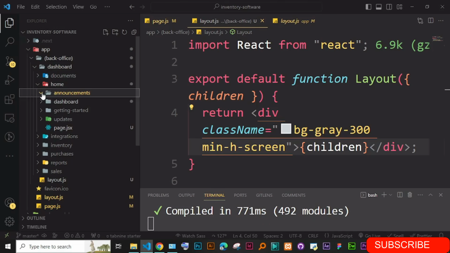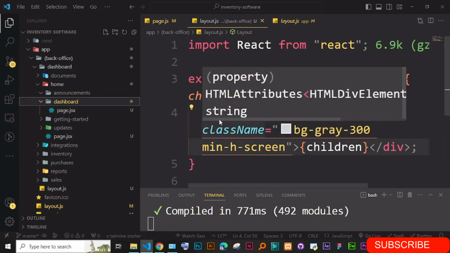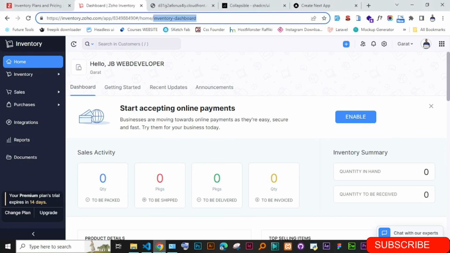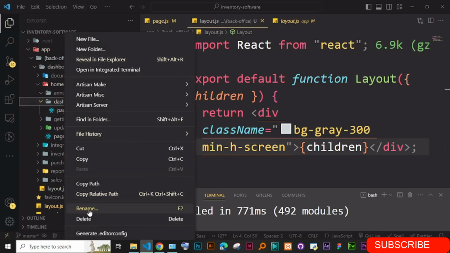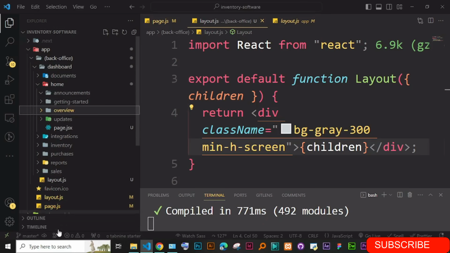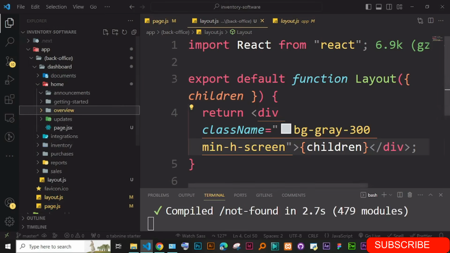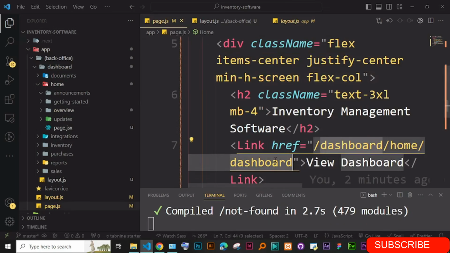Okay, and instead of dashboard, we can just call this one stats. So I'm just going to first of all close this. We're just going to call this one stats so that it makes sense. So the first one is going to be maybe overview instead of the dashboard. Let's call it overview. Okay, that one makes much more sense. And this one changes in the page here. This one goes to home, and then it is overview,